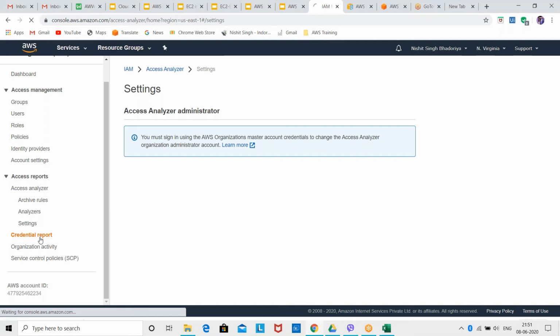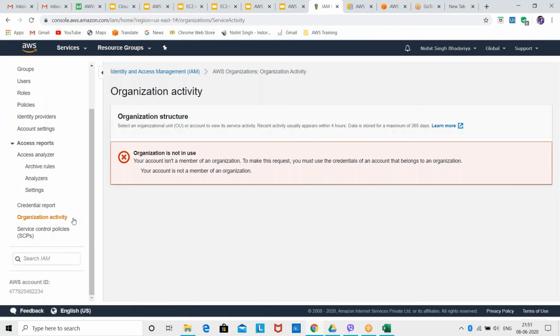Then we have organization activity. If you have worked in any data center, or on any servers, you must be aware of organizational units.